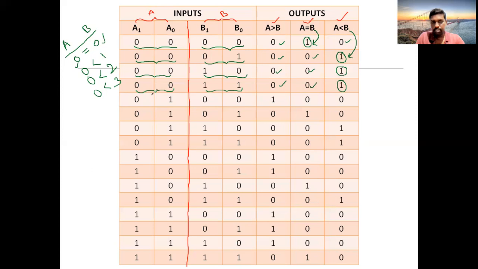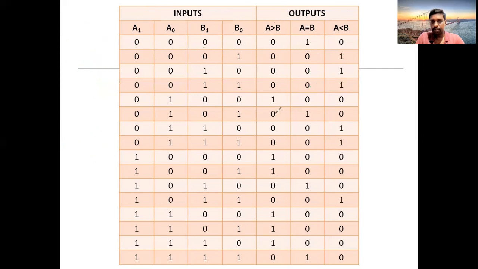So what you are doing is you are converting the binary values of A into one decimal number, converting the binary values of B into one decimal number, and comparing these two numbers. Suppose if it is greater than, under the column of A greater than B you put 1. Suppose if it is less than, under the column of A less than B put 1. Suppose if it is equal to, under the column of A equal to B put 1, and the remaining will be 0. So that is the entire process you are doing in this table. Like that, you can fill up all the 16 combinations.